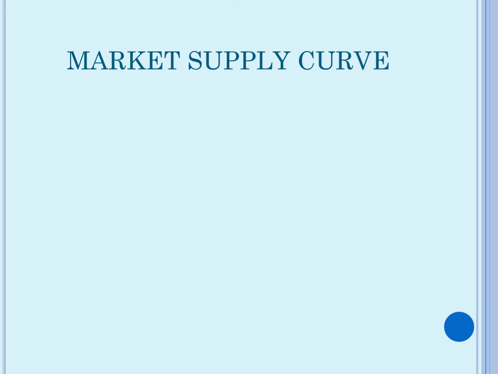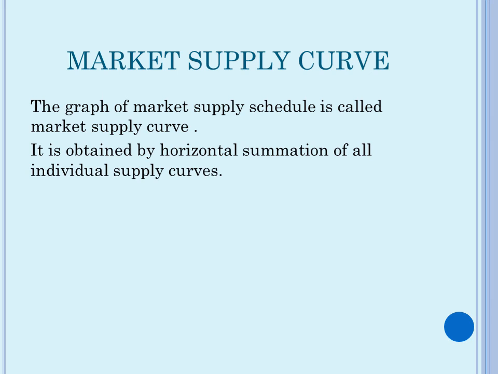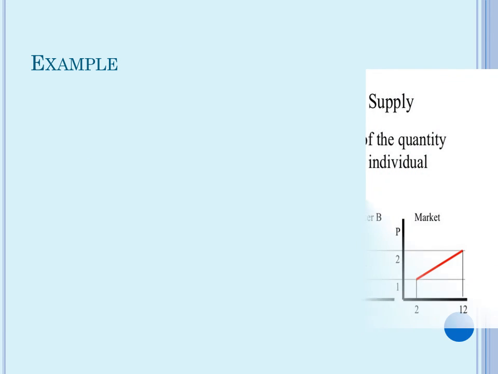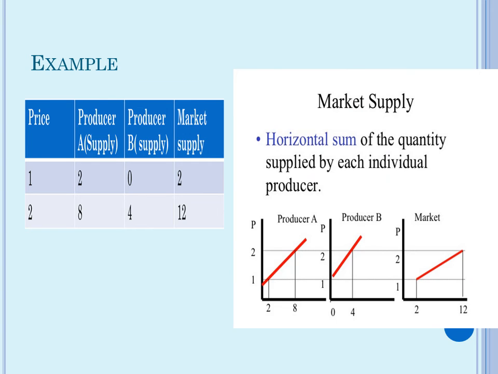And the last topic, market supply curve. The graph of the market supply schedule is called a market supply curve. It is obtained by horizontal summation of all individual supply curves. This is an example of market supply where you can see the price and supply are given, and market supply